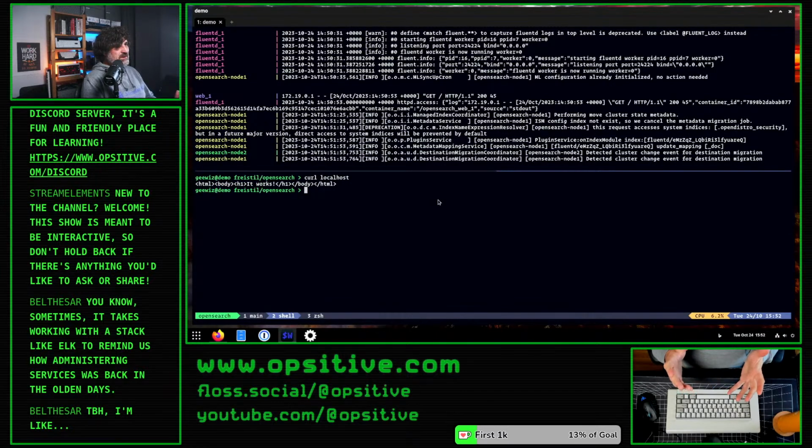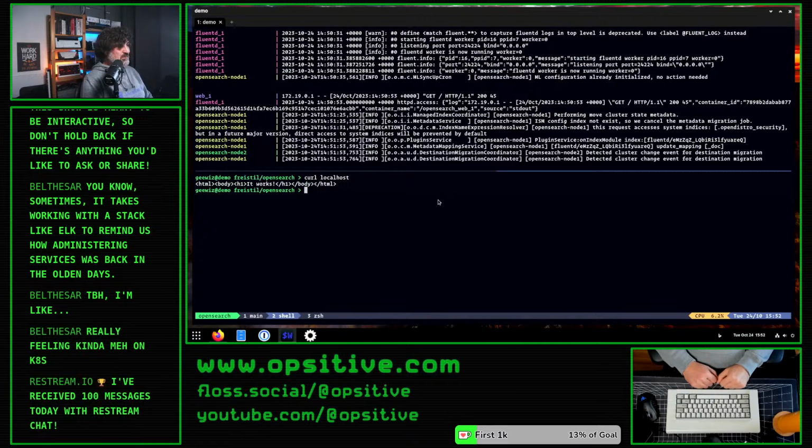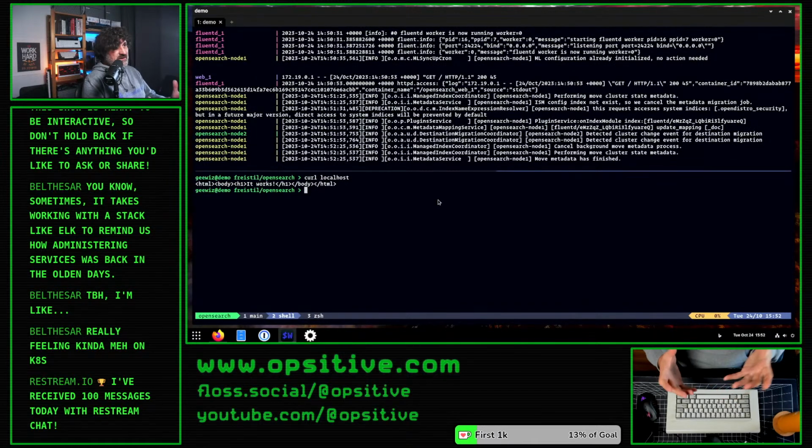I mean, now that it's working, and it only took a few minor adjustments, but you need to find them, it's fine. I could even use that in a light production environment. But now I need to find out if these logs actually are written to OpenSearch correctly. I would assume so, because we didn't get any errors in the Fluentd log. And the copy to standard out here was successful, so I would assume that OpenSearch got this log entry, but